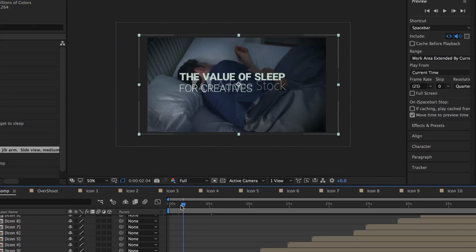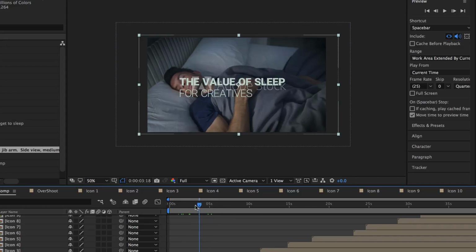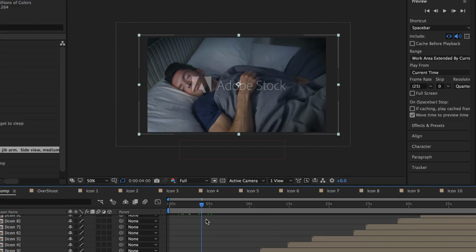So what I'd like to do is have it start up, okay, and after some time, I'd like it to actually blur out in the background so that it's not taking away from my icons. You might get it blurry the whole time. I'm going to have mine in nice sharp focus and then blur out as it gets into these icons here. So what I'll do is about here, after the text disappears,